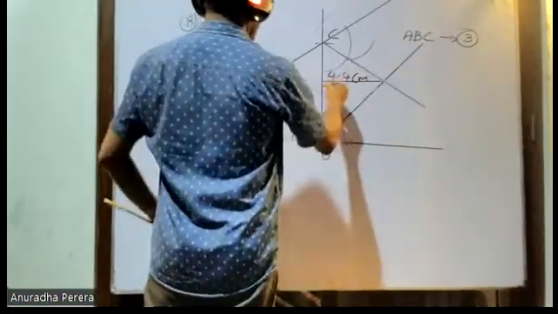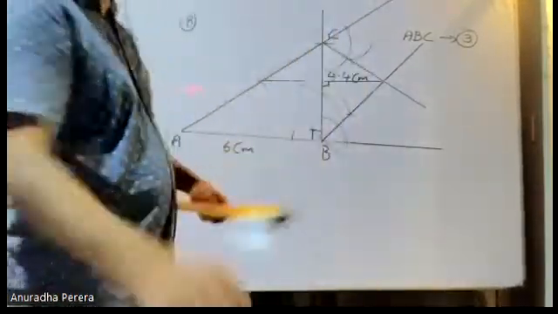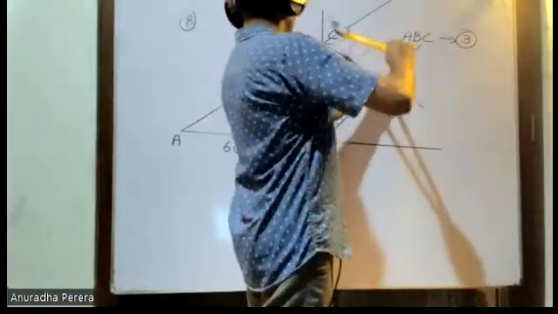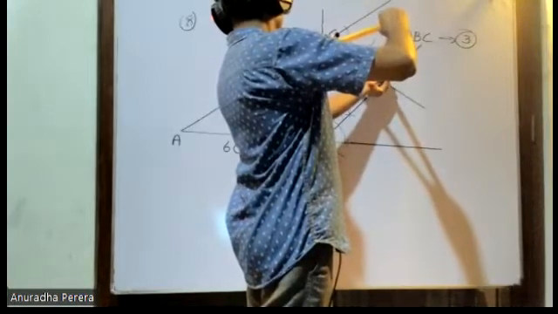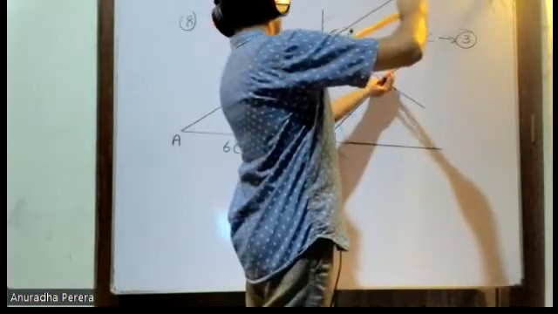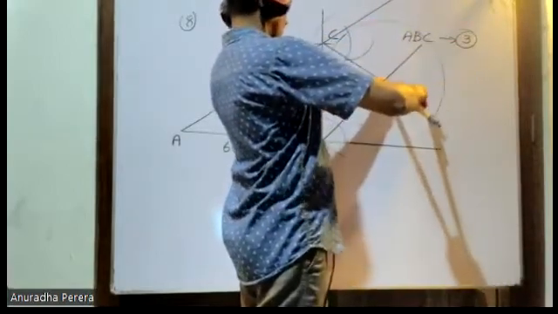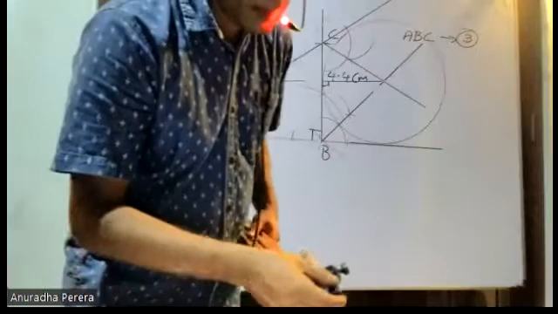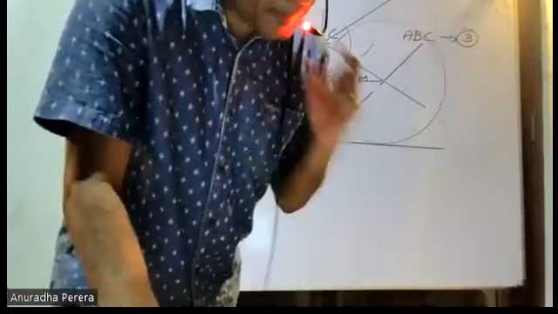Taking this perpendicular height as the radius and the point of intersection of the angle bisectors as the center, draw the circle. They have to touch. Alright? Then to draw the perpendicular to the angle bisectors,